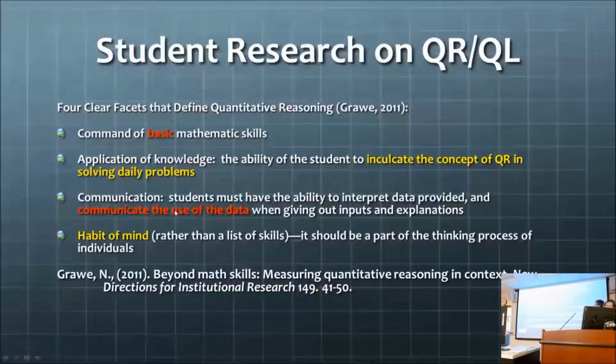in solving daily problems. Third is communication, which is very important among students, both at the college level and at the graduate level. Students must have the ability to interpret data provided and communicate the use of the data when giving inputs and explanations. And another thing that is really very important is that it should be a habit of mind. It should be part of the thinking process of every individual. Like what Chris said previously, they do it without even knowing it. So it's about practice, it's about just letting them know that quantitative reasoning is a part of their daily